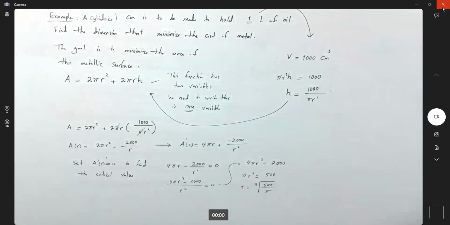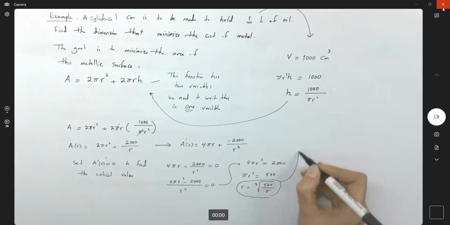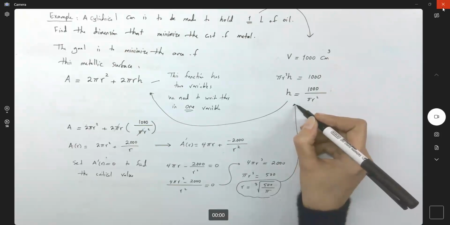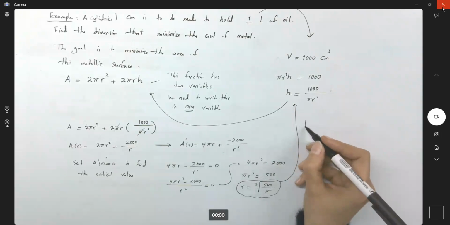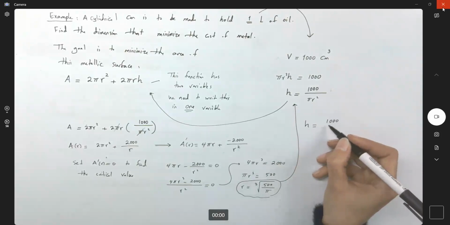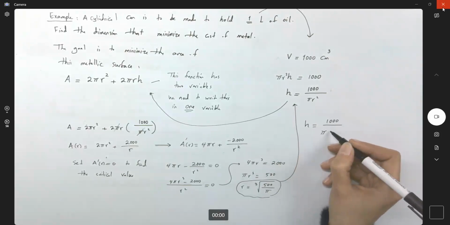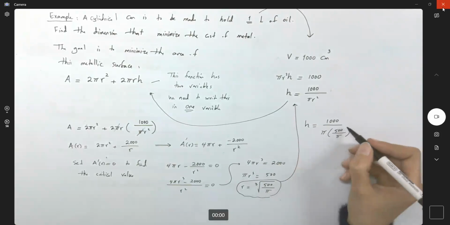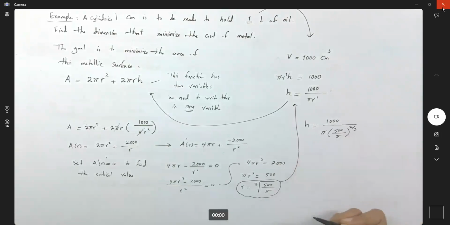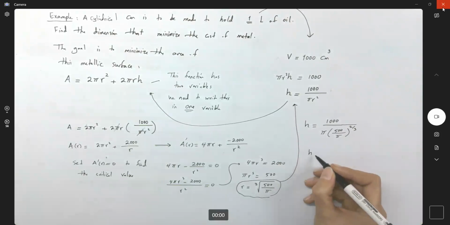Very good. This is the radius that we have. Now you can plug in the radius into the formula to find your h, all right? My h is going to be 1000 divided by pi times, well, here you have 500 over pi. Here you have a third to the second power, which is 2 thirds. I can simplify this more. h becomes